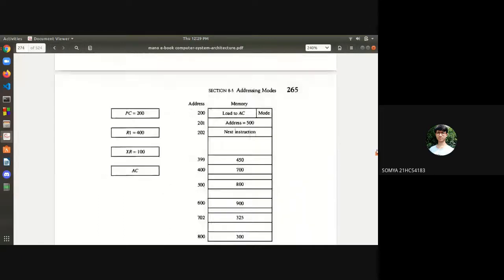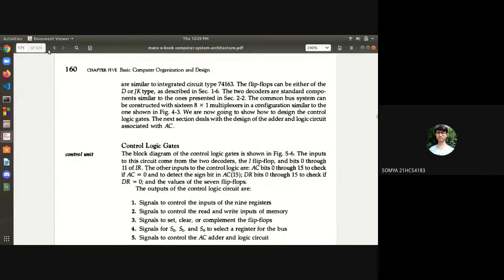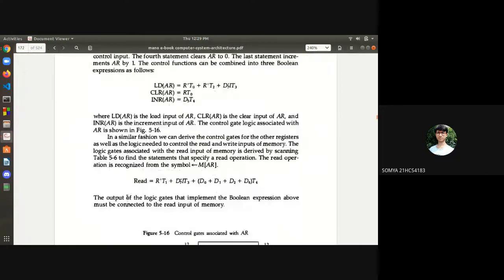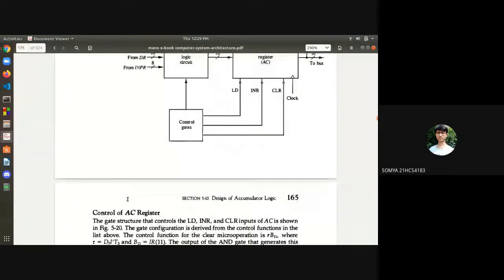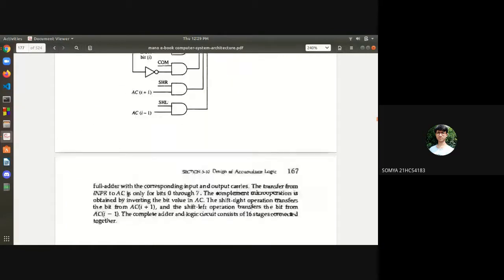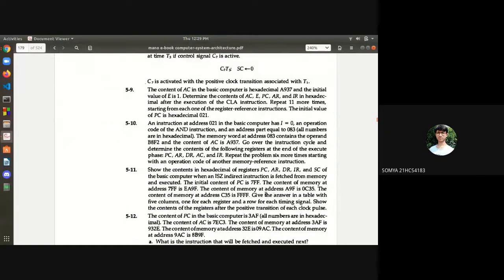The content of memory at address C35 is FFFF.